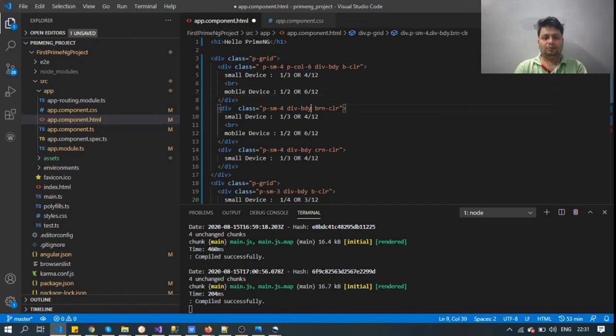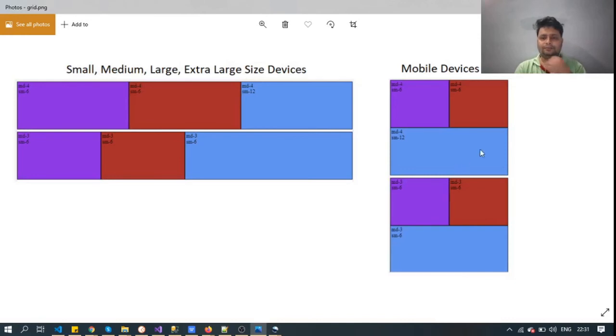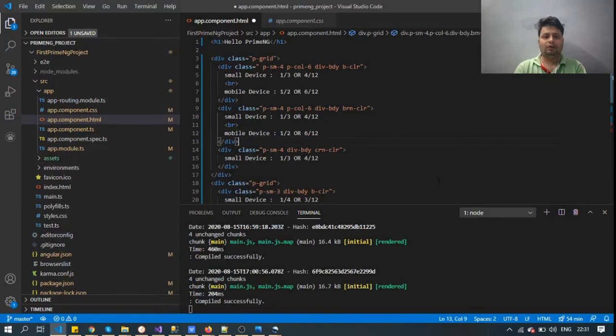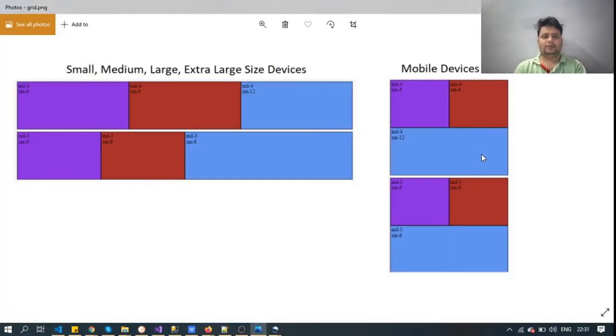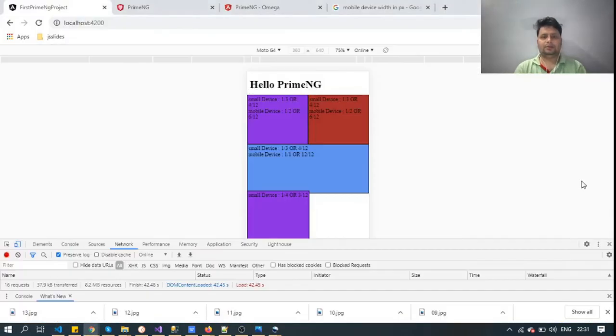Same for the second, and for the third we need the entire row. For the third column we need the entire row, so nothing but 12 columns. So we will apply 12 columns for mobile design. Nothing but 1 by 1 or 12 by 12.